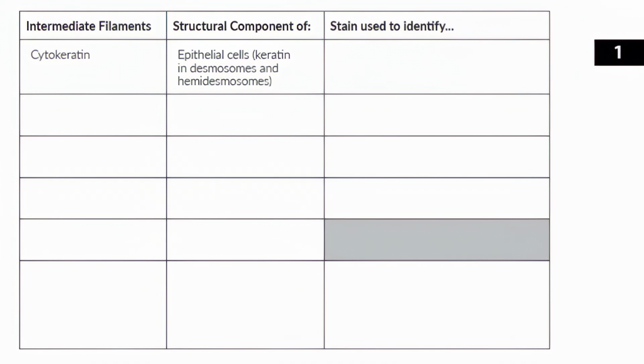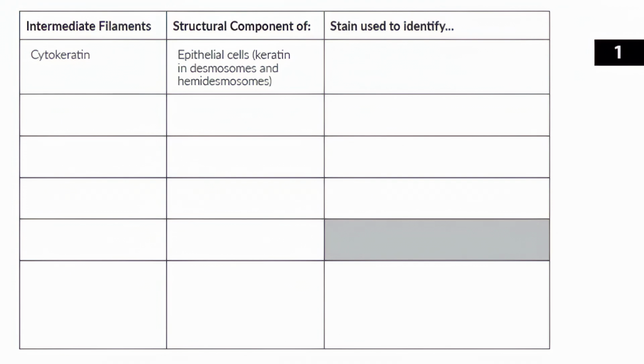Cytoskeleton is found in desmosomes and also in hemidesmosomes, which are attachments between epithelial cells and other epithelial cells, and then between the epithelial cells and the basement membrane. That's going to be covered more in the dermatology videos. Now, we're going to come back and fill in the far right column about stains in just a second, but